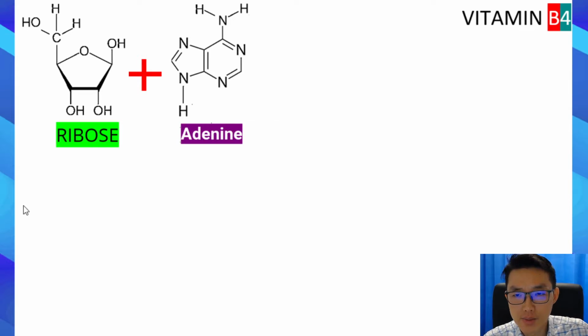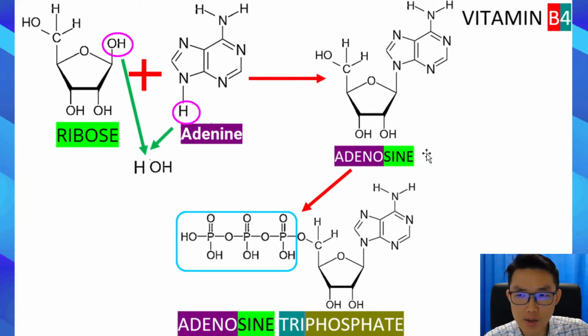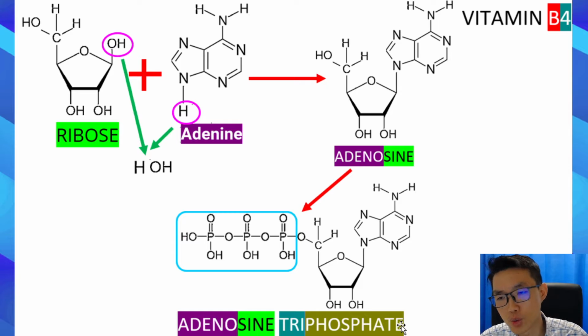As you can see here, we have the ribose molecule, which is a sugar molecule, and it can react with an adenine molecule inside the cell and is converted into an adenosine molecule, plus a water molecule. The adenosine molecule can then be further processed and converted into adenosine triphosphate, or ATP for short, which is the energy currency that our body uses